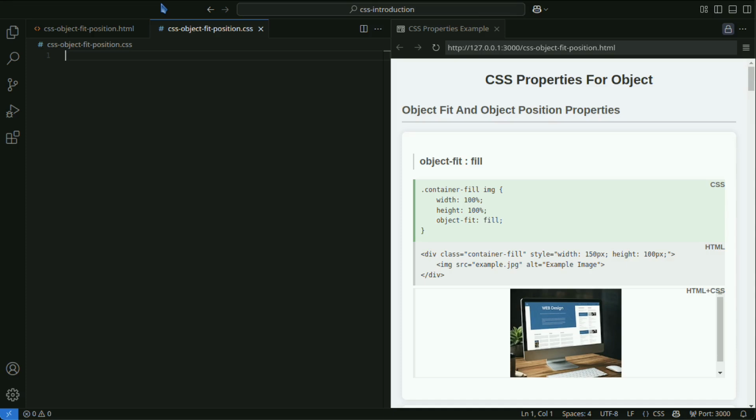On this channel, we provide useful programming information with practical code examples. This time, it's about the object fit and object position properties. You can learn how to arrange objects such as images and videos, and how to design using CSS. Enabling subtitles will make the code descriptions easier to understand.